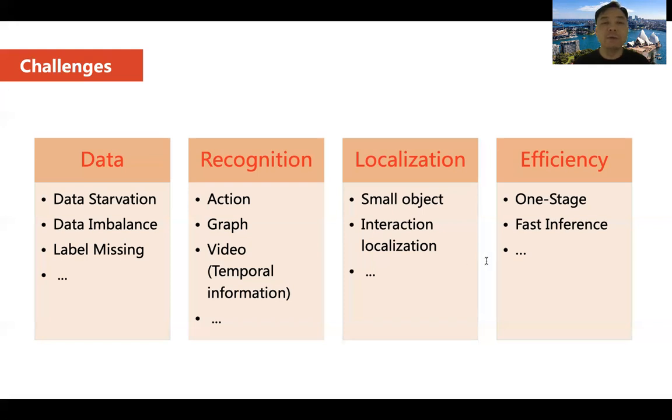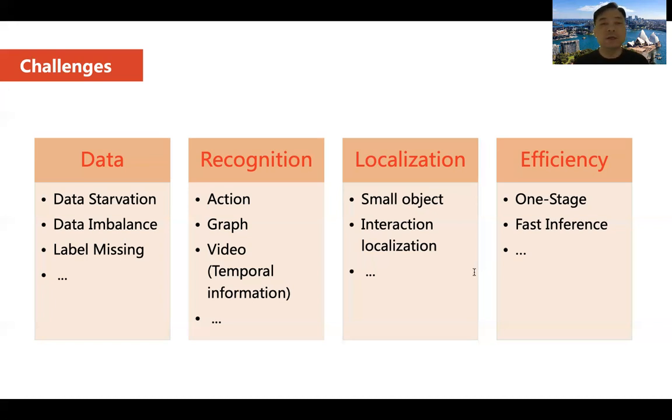Meanwhile, people usually reason about the interaction via the global relationships among context and objects in the scene. However, how to model the interaction-object graph in the scene is still very challenging. Temporal information learning is thus important for human-object interaction understanding, but video processing is usually time-consuming and resource-consuming, which poses a great challenge for video-based HOI understanding, such as video HOI localization and recognition.